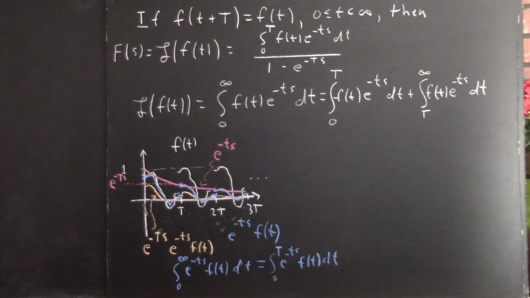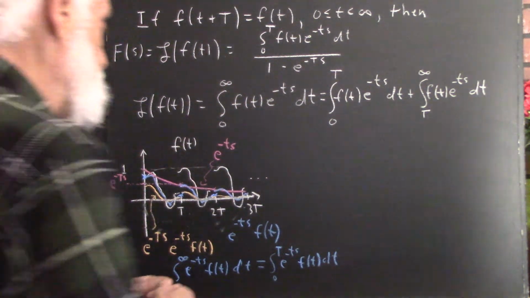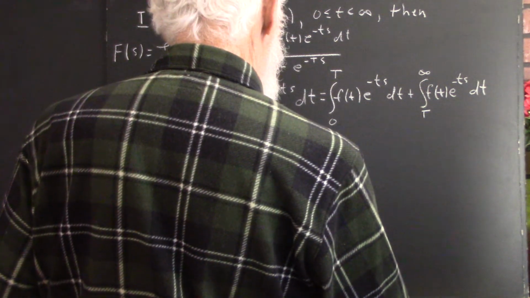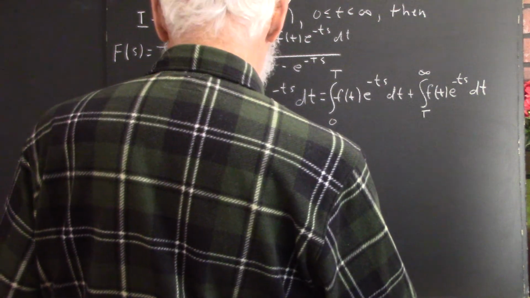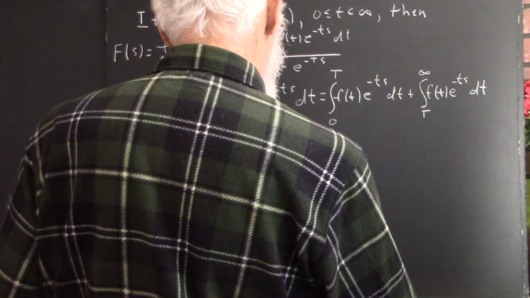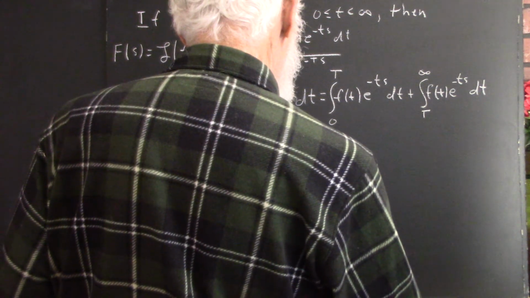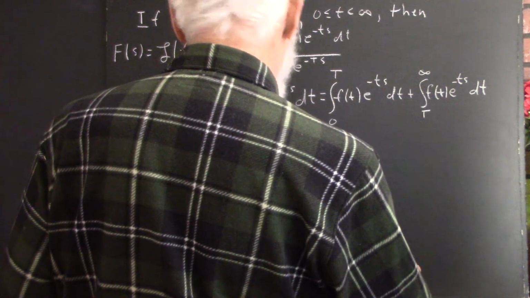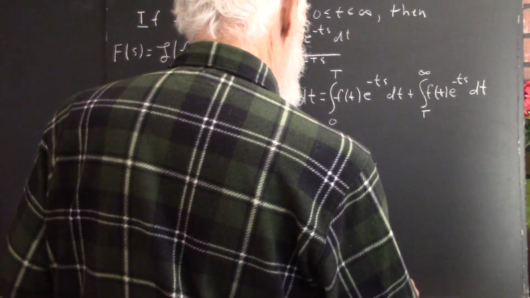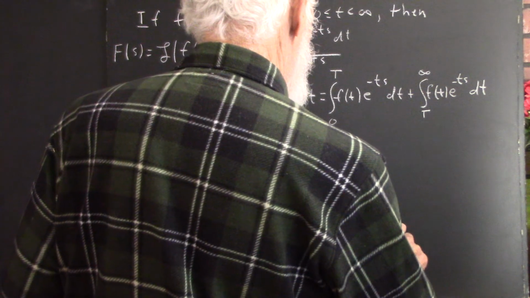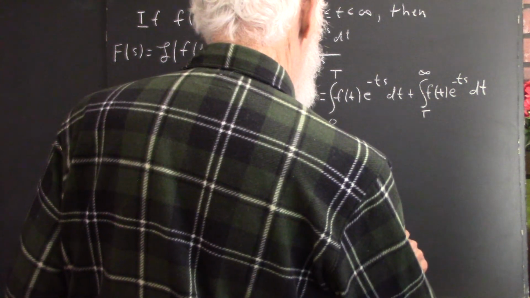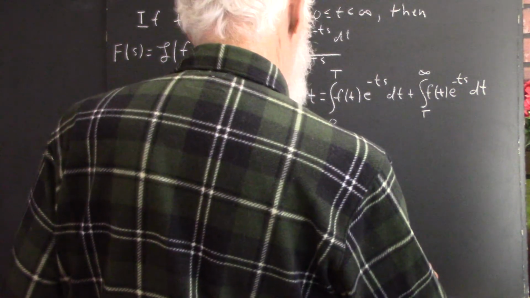Okay, I don't have to read it to you. So I can say that's plus e to the negative capital Ts times the integral from 0 to infinity of